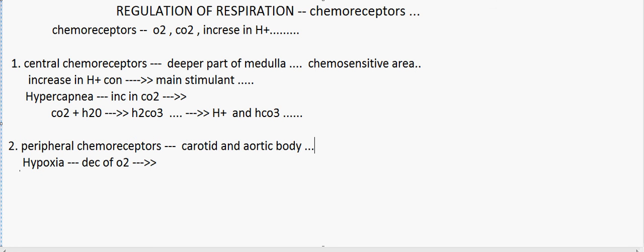During this stage, these peripheral receptors are made up of two types of cells, that is glomus cells and the sustentacular cells. We'll discuss only the glomus cells because that is the primary cell which aids in the respiratory process. So whenever there is hypoxia, these glomus cells which are present in the peripheral chemoreceptors, served with the afferent nerve endings, are stimulated when they find there is low level of oxygen content. So glomus cells are stimulated.